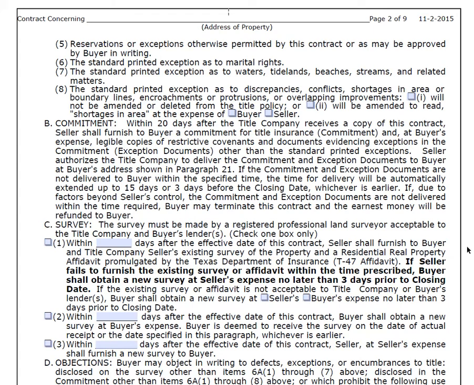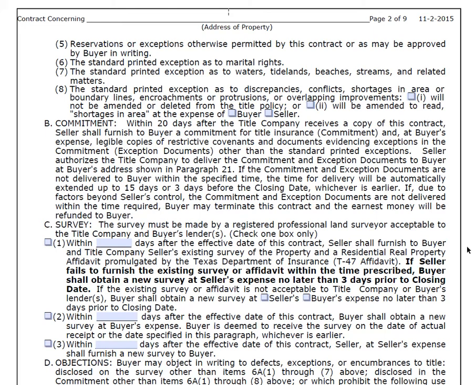So if you're on a listing appointment and your seller says they're going to go in the attic and find it, let's be sure they do that sooner rather than later. Don't wait until you get an offer. And that they go ahead and stop by the title company and get this T47 affidavit notarized and signed by all the ownership parties. So if there's a husband and wife owner, then let's get them both to sign